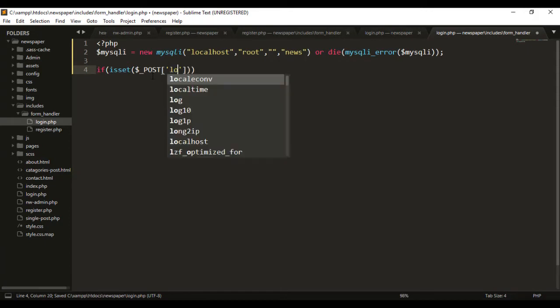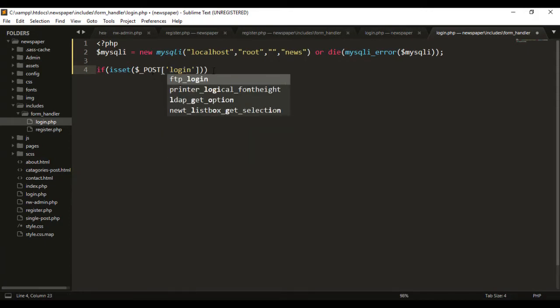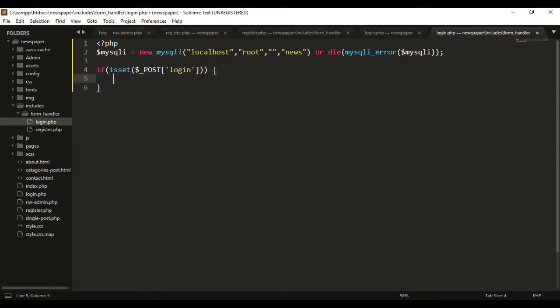So we're gonna log in. Okay, so let's grab the email. So email is gonna be equal to $_POST, and we're gonna grab the email and the password. pwd is gonna be equal to $_POST and the pwd. Okay, so let's write our query. So query is going to be equal to